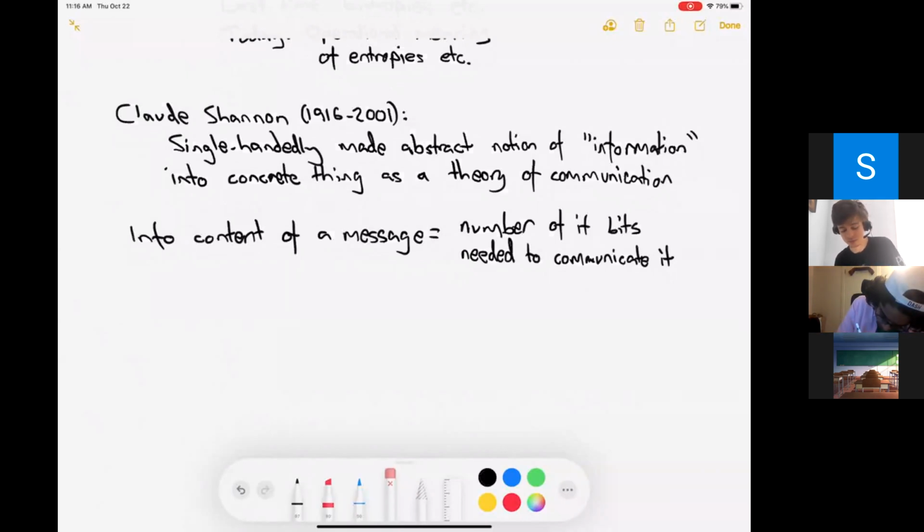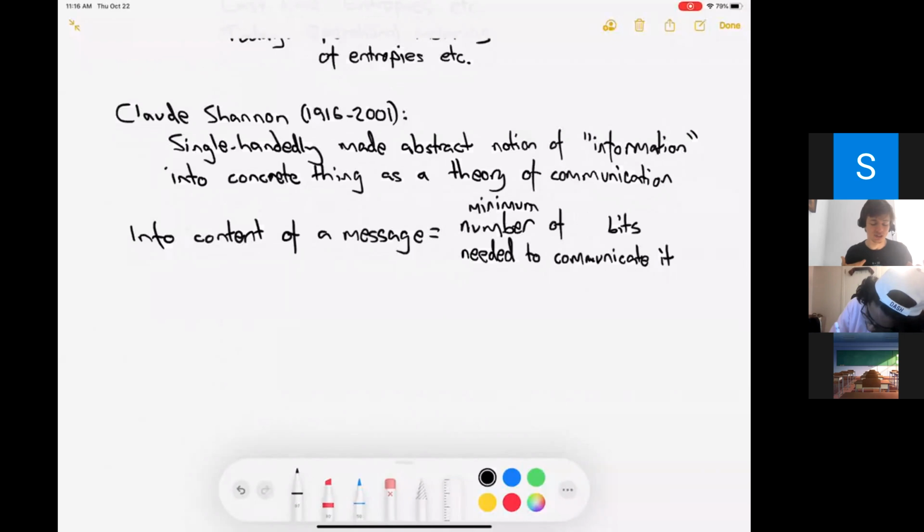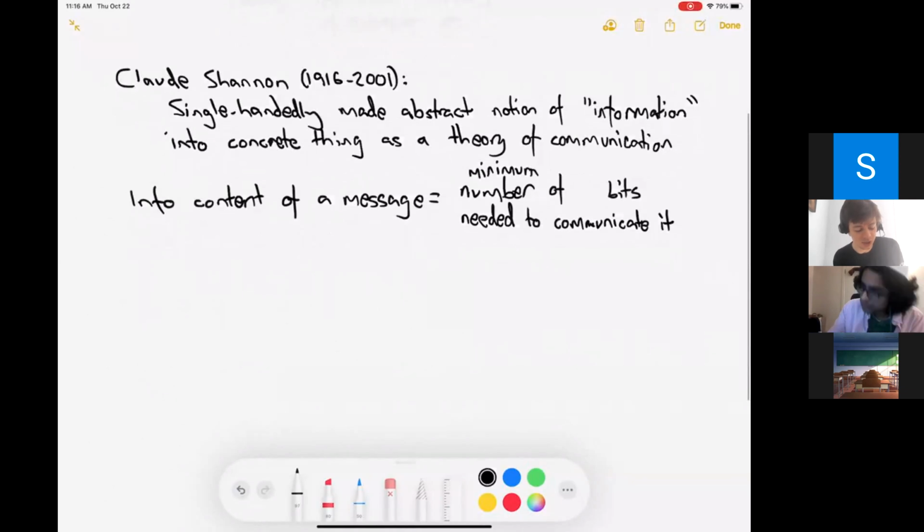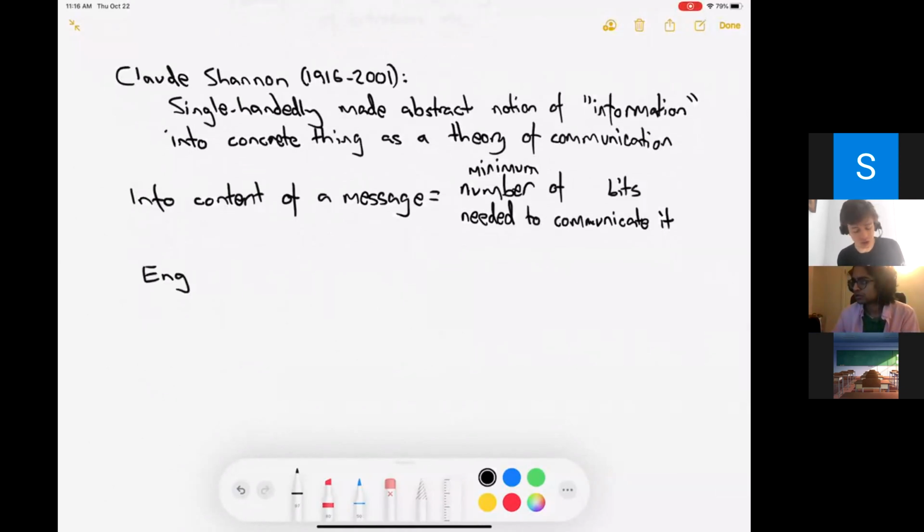It's the minimum number of bits, right? So in particular, if I send some long-winded message saying, hi, how are you guys doing? Hope you're well, blah, blah, blah, I could have just deleted all of that and just told you, I don't know, next midterm, next Thursday. And that would be a much more efficient way to communicate the same information. So the information content wasn't actually as big as it might have seemed from the long message I actually sent you guys yesterday. And even if I'd compressed it right down to the most efficient English sentence to get the job done,